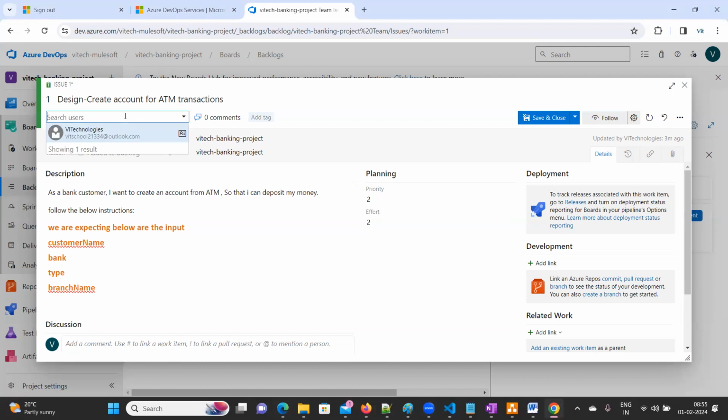Here there is a task. You can assign it to people. Who are all going to work on this project? Here I don't see this person, it's showing only one result. Let me take